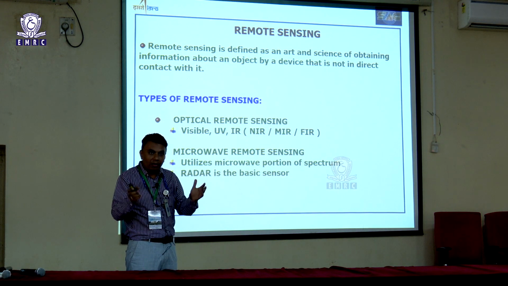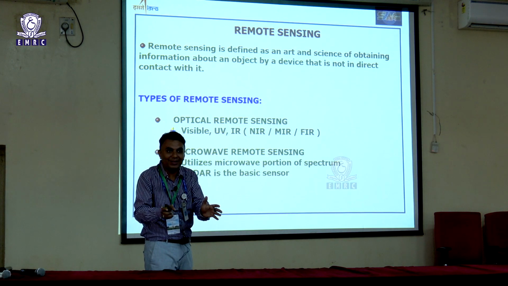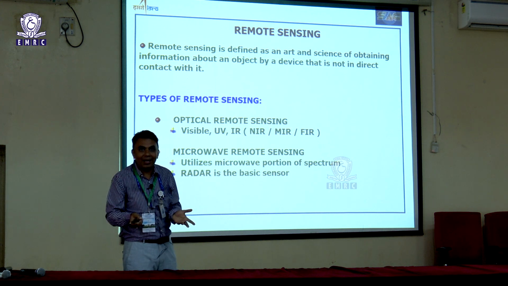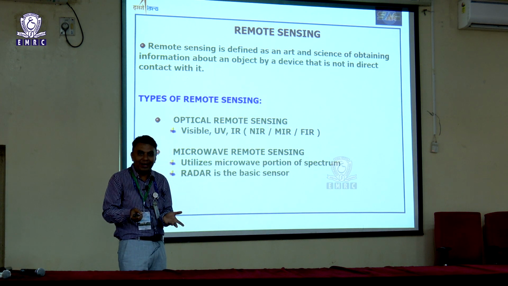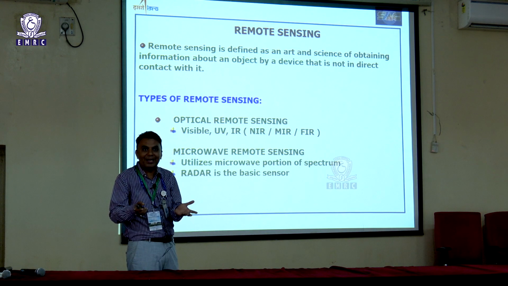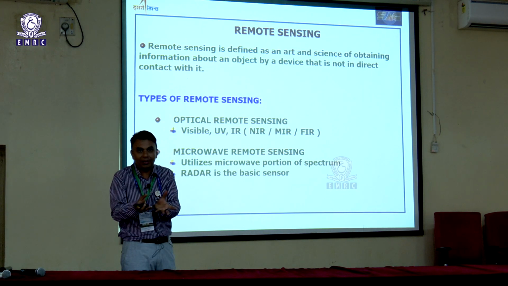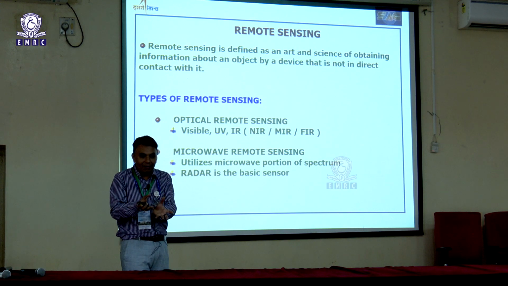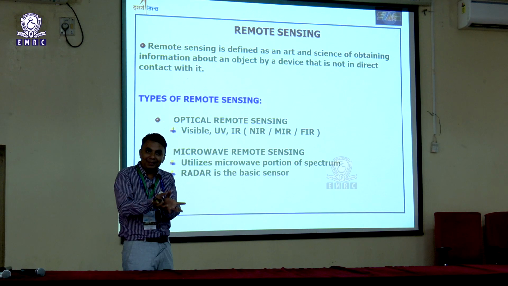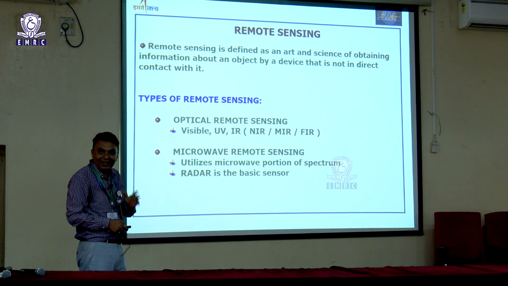But the problem is that microwave imaging will give you a black and white picture, but an optical imaging satellite gives you the color picture. So there are some pros and cons in both. We want both, because sometimes we require a color picture, and we cannot differentiate in the black and white. Nobody in this world will be very happy to see a black and white image, they want a color image. So nowadays we are trying to put both payloads in a single satellite, so that when cloud is there, we can manage with the black and white image, but when cloud is not there, we want a color image. So both payloads nowadays sit on a single satellite.